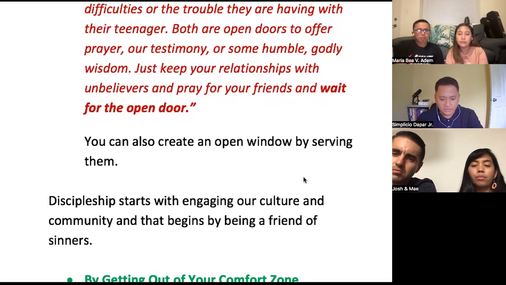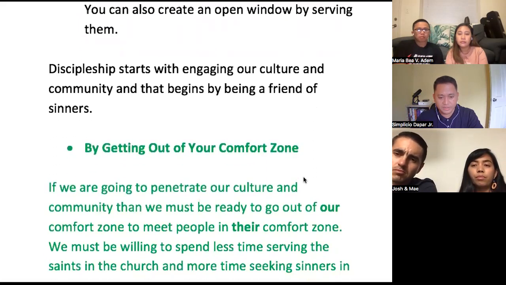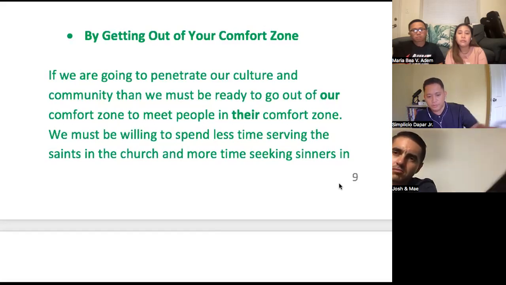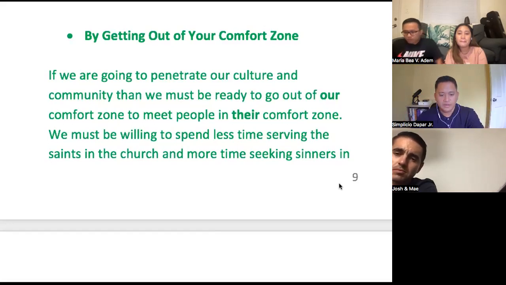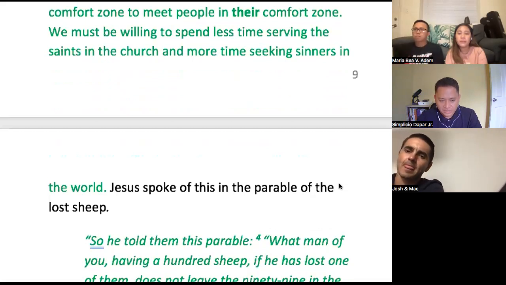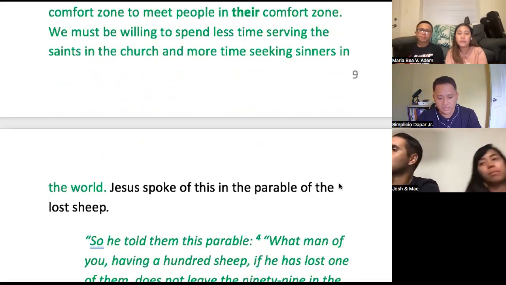Discipleship starts with, again, engaging our culture and community, and that begins by being a friend of sinners, by getting out of your comfort zone. If we are going to penetrate our culture and community, then we must be ready to go out of our comfort zone to meet people in their comfort zone. Okay, instead of bringing them to us, we go to them. This is God's example. God went to us to save us so we can be with him in heaven. We must be willing to spend less time serving the saints in the church and more time seeking sinners